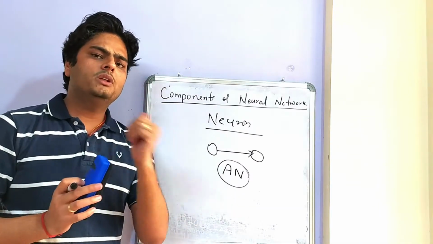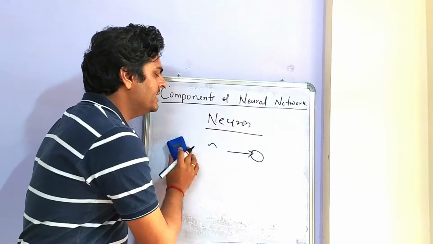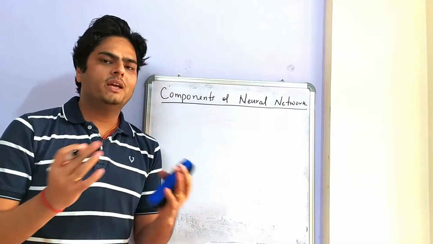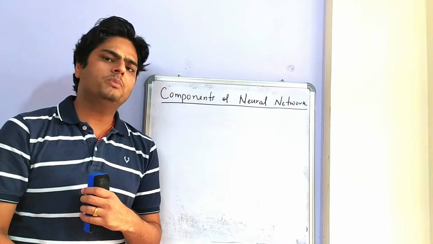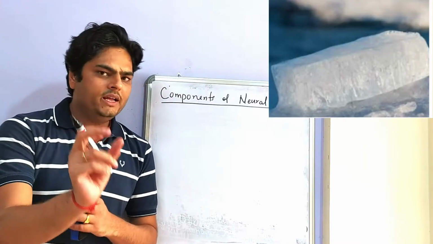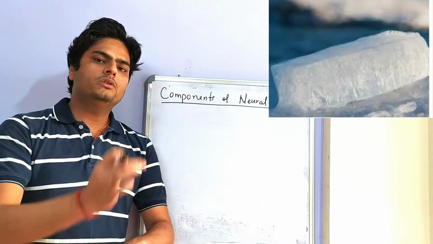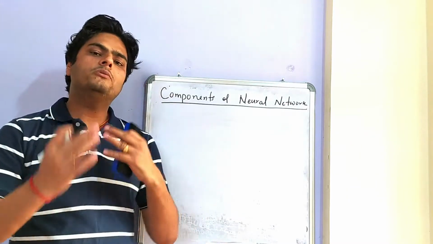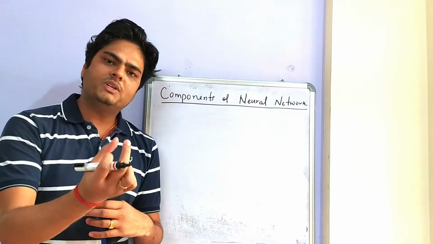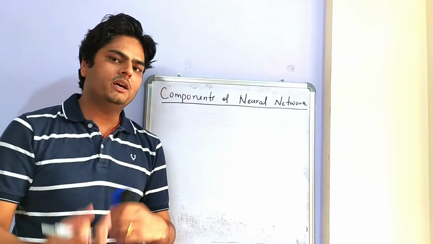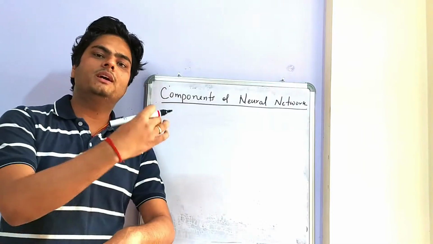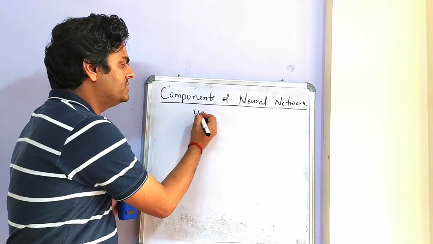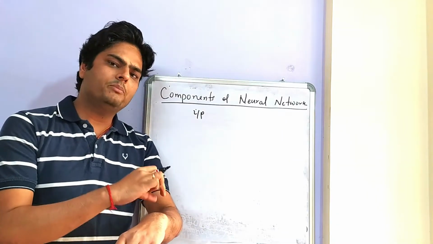Now, talking about the layers of a neural network, there are different layers if you take an example of any real world happening. So, let me take an example of an ice cube. I take an ice cube and I put it on your skin here. So, what happens? You feel cold. But before feeling cold, the reception happens. Your skin receives that coldness. So, the very first thing that happens is input.